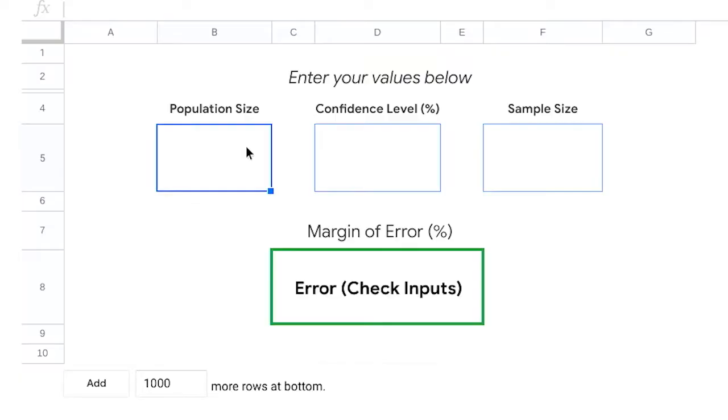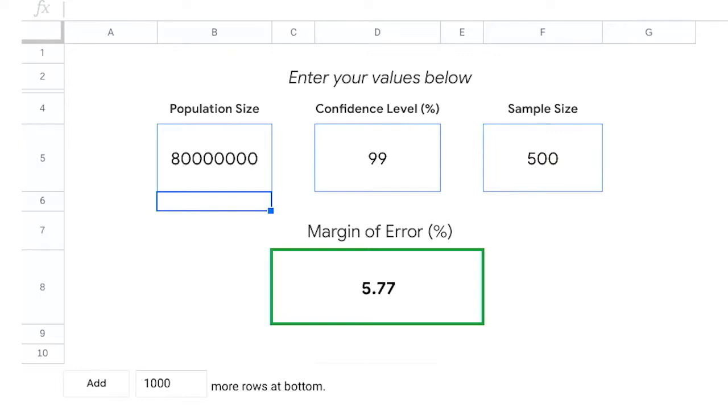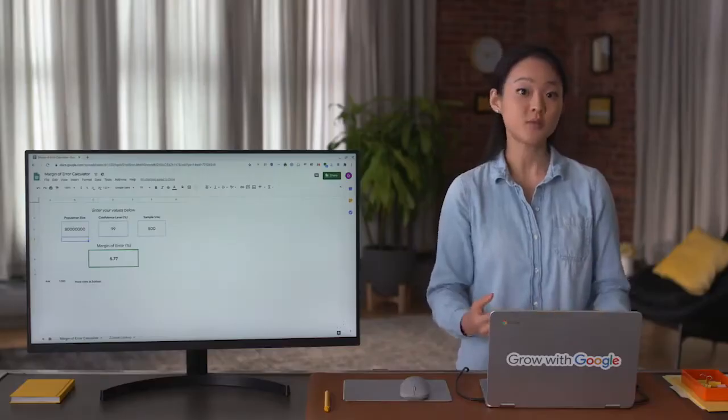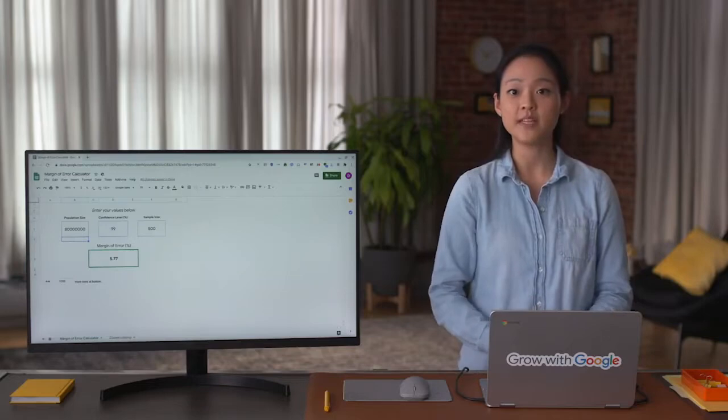Let's calculate it. We'll put the numbers for population and confidence level and sample size in the appropriate spreadsheet cells. And our result is a margin of error of close to 6%, plus or minus. When the drug study is complete, you'd apply the margin of error to your results to determine how reliable your results might be. Calculators like this one in the spreadsheet are just one of the many tools you can use